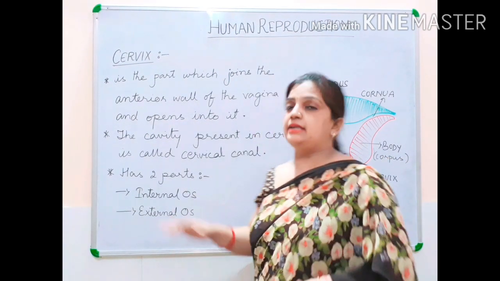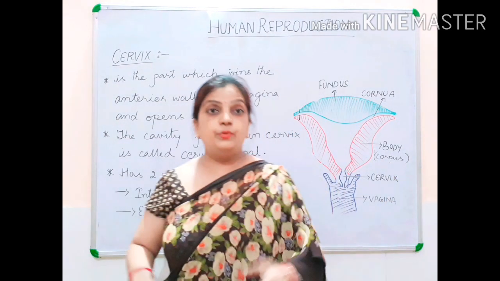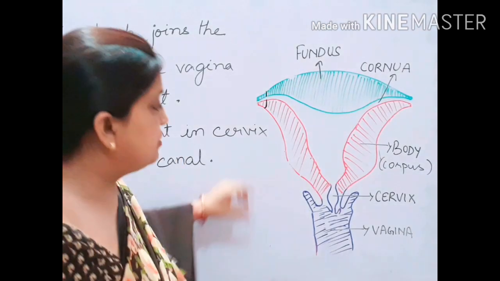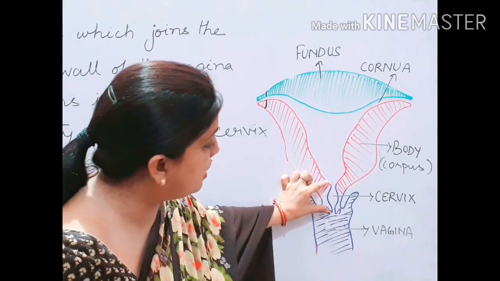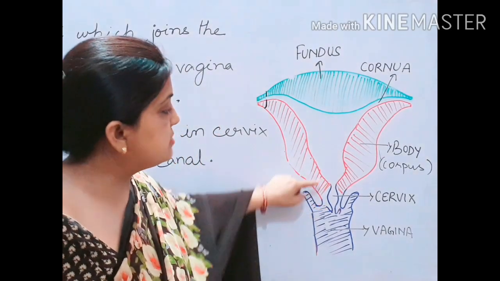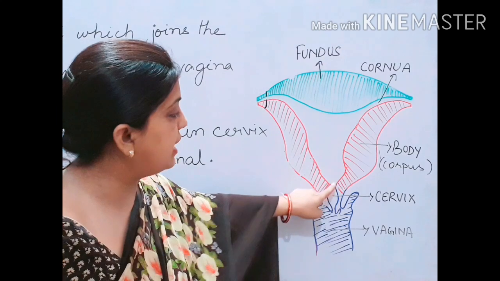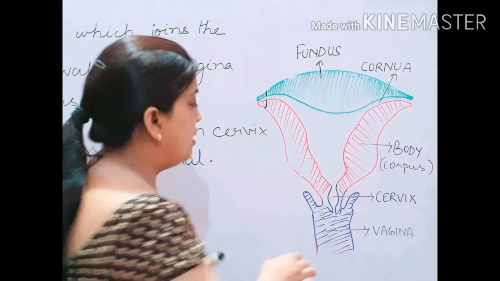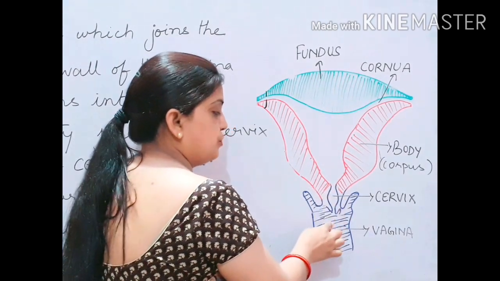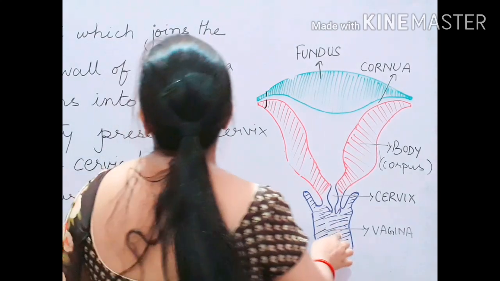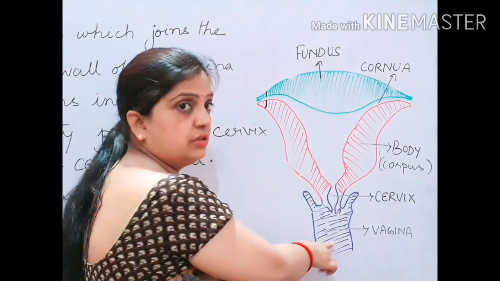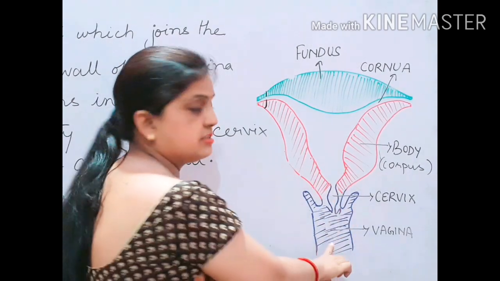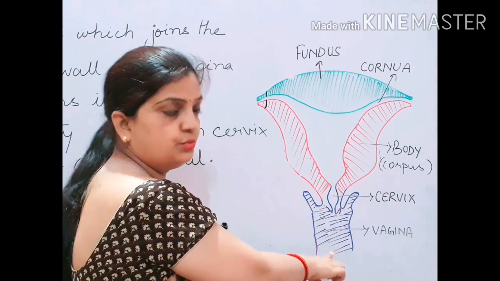Now diagrammatically let us understand what the cervix is. Which part is called cervix? It is very simple to understand in the diagram. Now children, you can see this purple color, this small part is your cervix. Now you can see that your uterus is opening into a narrow canal and this part is your cervix, from here to here. Anteriorly you can see that it is opening into your vagina. So this is uterus, this is cervix and this is vagina. So cervix leads into vagina.